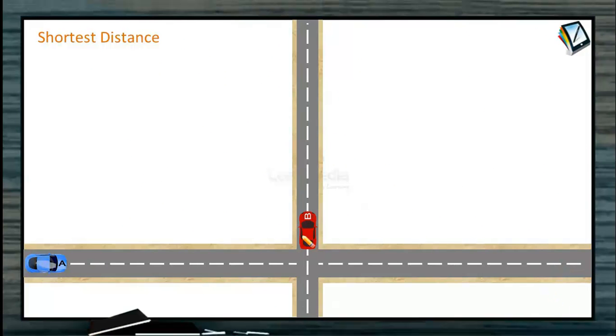Now see here we have two cars A and B. Car A is moving towards right. Car B is moving upward, perpendicular to it. As these two cars move like this, the distance between the two cars is suppose L. As these two cars move, the distance between the two cars will go on changing, right? And thereafter it increases. So we want to calculate the shortest distance.